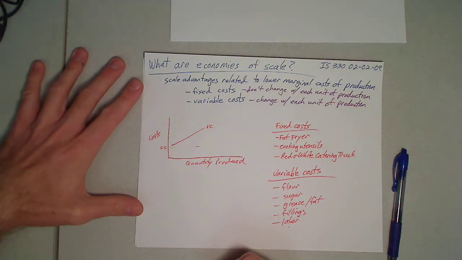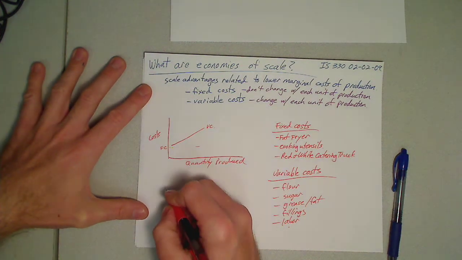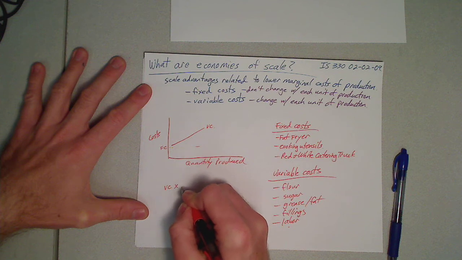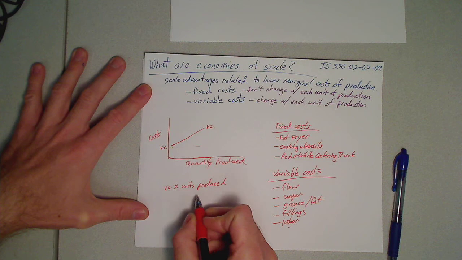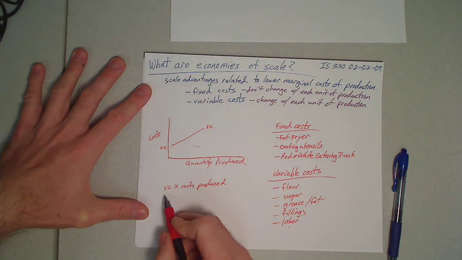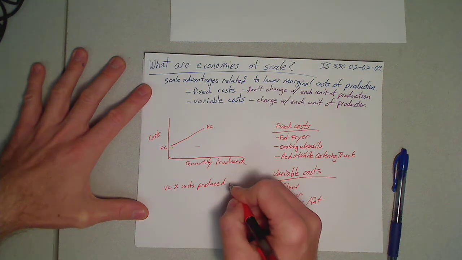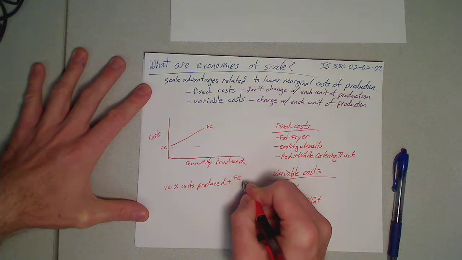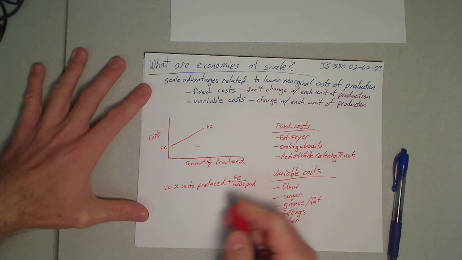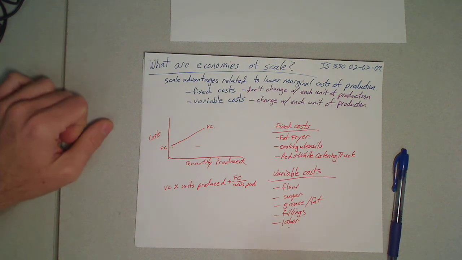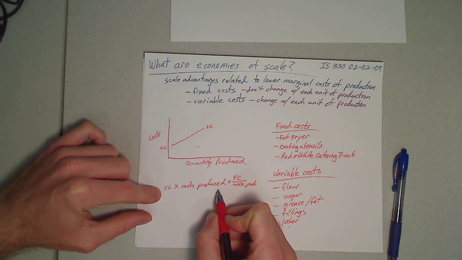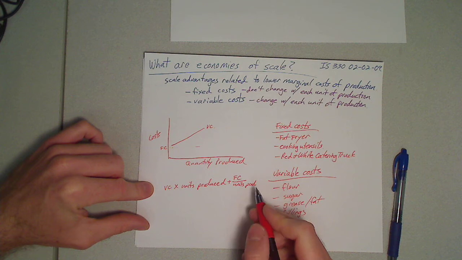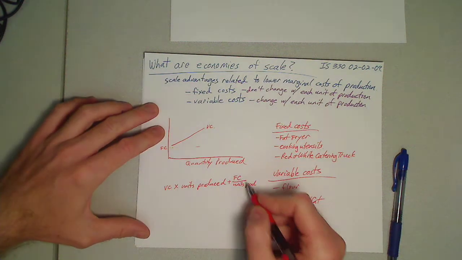Now, if I'm trying to figure out what my margin is, I have to take my variable costs times the units produced, and I also have to have plus my fixed costs divided by units produced. And this is a simplification, and the finance majors can correct the equation, but the general idea is my costs go up with each unit produced. Right? But if I'm trying to look at my individual margins on each product sold, I have to divide that